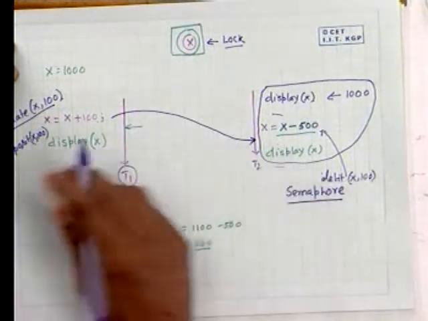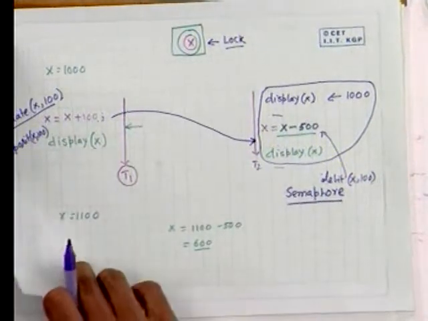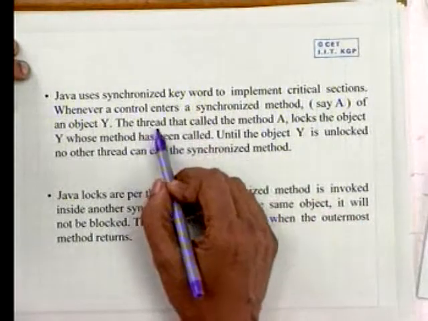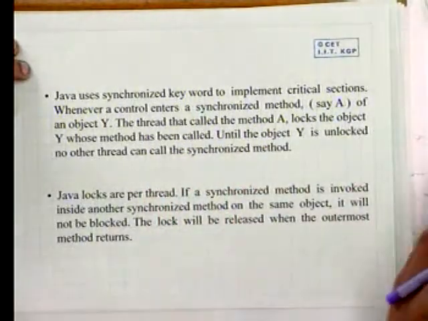Now whenever it is calling a method, say deposit x 100, which is a synchronized method, then the thread that called the method, in this example say T1,